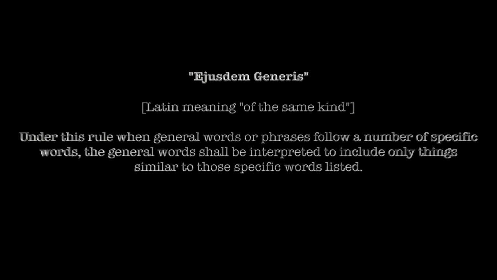Ejusdem generis, Latin meaning of the same kind. Under this rule, when general words or phrases follow a number of specific rules or phrases, the general words are specifically construed as limited and apply only to the persons or things of the same kind or class as those expressly mentioned. Let's say that a small portion of a law reads as follows: any person who tortures, willfully inflicts